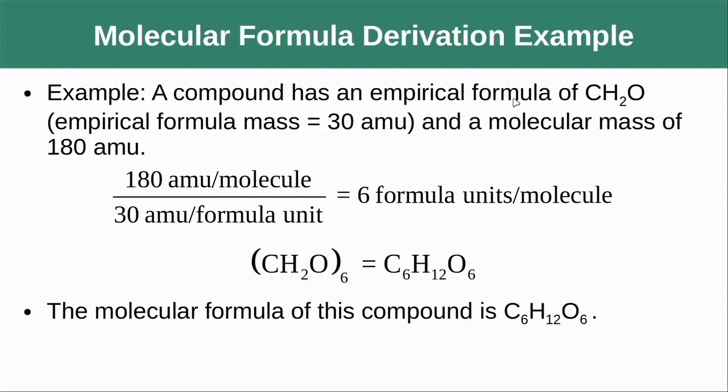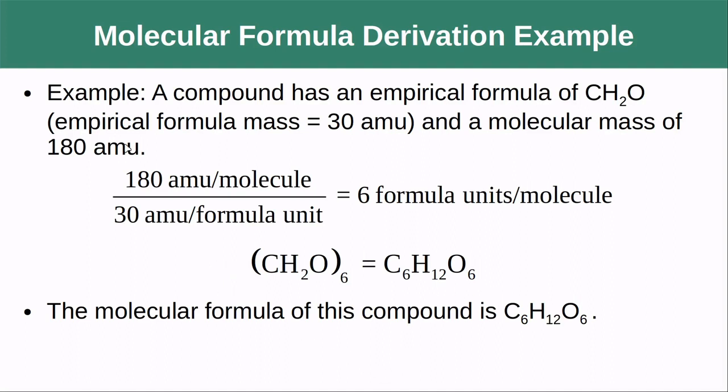A compound has an empirical formula of CH2O. The empirical formula mass is 30 AMU. So if I added up the atomic mass of 1 carbon, 2 hydrogens, and 1 oxygen, I'd get 30 AMU. And it has a molecular mass of 180 AMU. So I take that 180 AMU, I divide it by 30 AMU, I get 6. If I multiply all of the subscripts by 6, which I can indicate using parentheses, the 6 will distribute across the subscripts just like in algebra. Then I can see that the molecular formula is